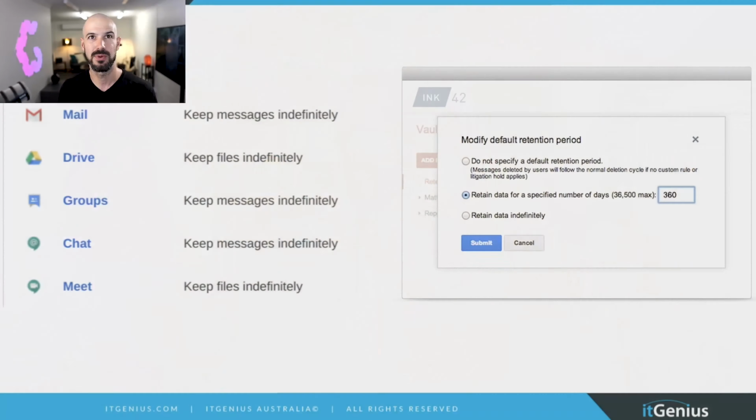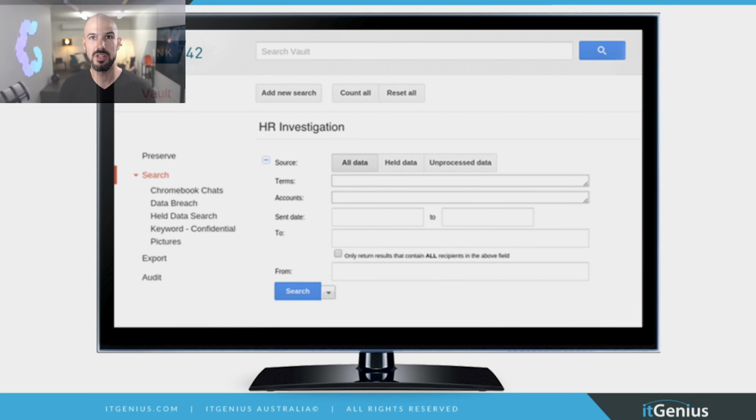Now, if you're a business owner, you may be in the situation where you've provided a quote to a customer, or maybe something happened like 2 or 3 years ago, and the customer comes back to you and says, hey, I want the same price as last time. Or maybe they say, hey, I want to sue you for that work that you did 3 years ago. So having a full record of absolutely everything that's happened in the business is very, very useful in those situations. So this is what the search looks like.